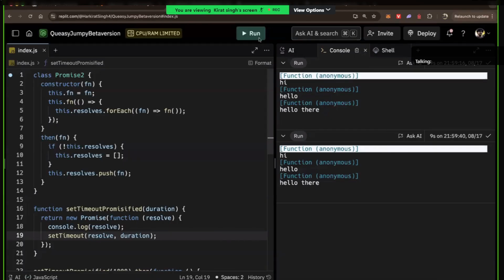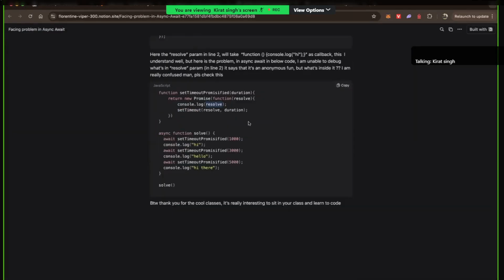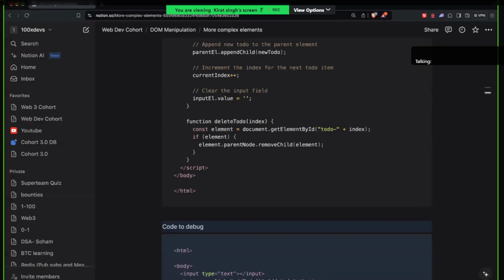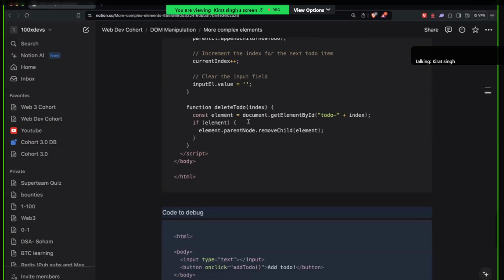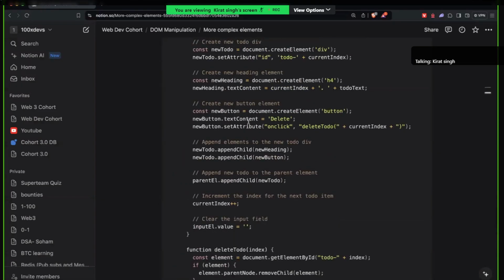Shuru mein, I know I have to hold back my yawns from time to time. I know we're going fairly slow, but this is my last live cohort, I think. So, I just want to make sure every basic thing is covered before we move on to slightly advanced things,